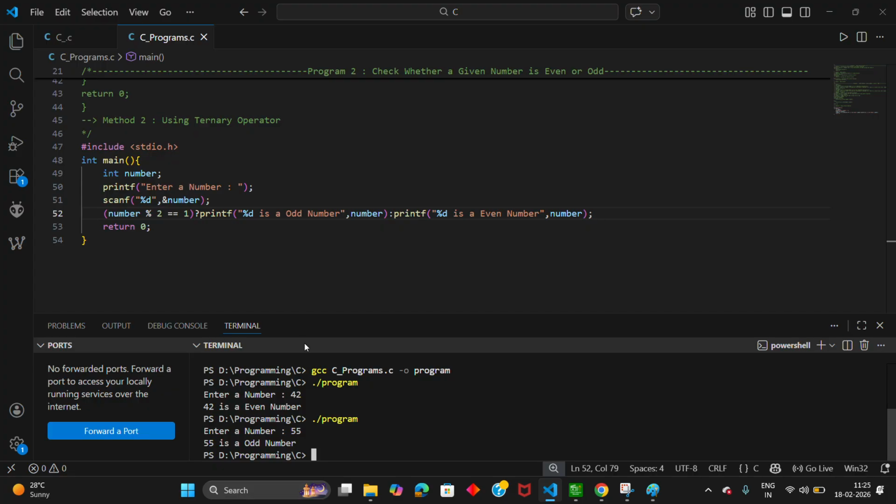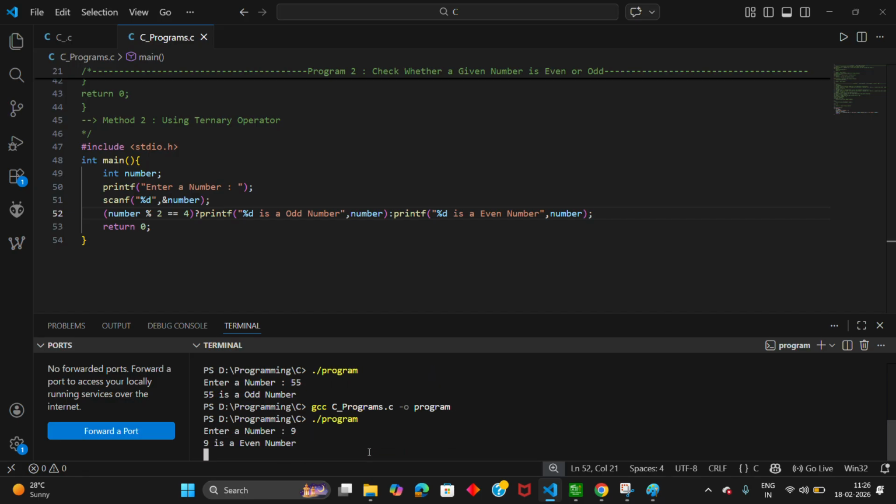Sir, why are you going to use the one only? Why not any other number? Because whenever a number is divided by 2, you will get either remainder 0 or 1. Okay, there is no other option to get as a remainder. Remember the point. For example, if I use a 4, let us see what happens.